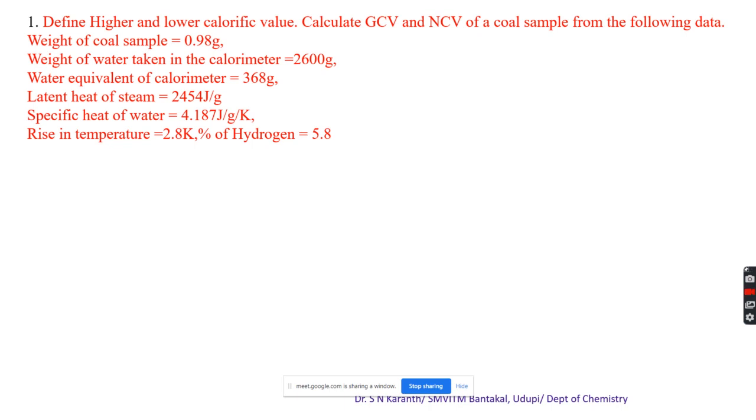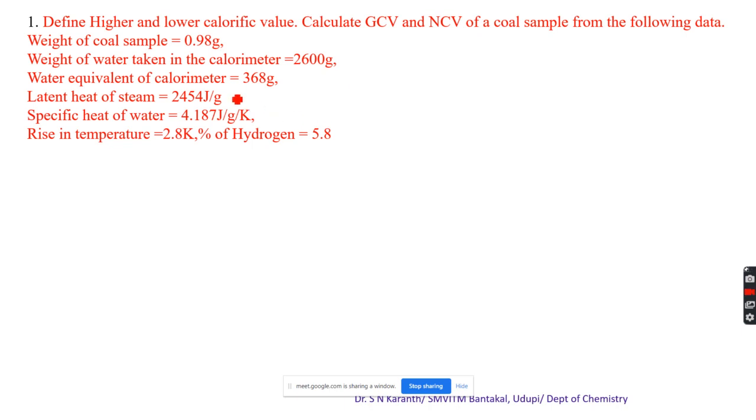burnt, that is 0.98 gram. Then the weight of water taken in the calorimeter, that is 2600 gram. Then the water equivalent of calorimeter, 368 gram. Latent heat of steam, that is